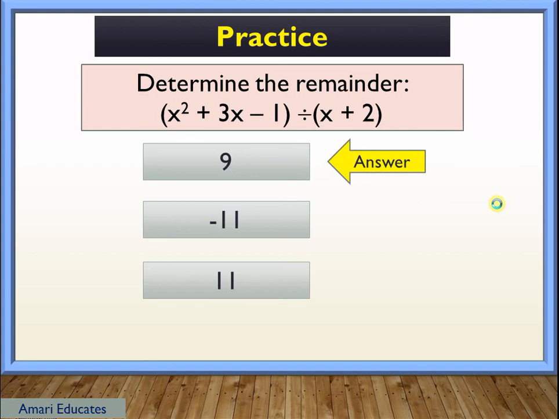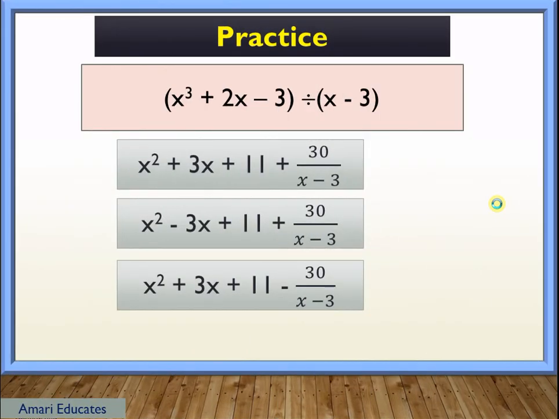Let's have our last problem. The quantity of x cubed plus 2x minus 3 is divided by the quantity of x minus 3. Again, if you need more time, you can pause this video. Let's start the time. Time is up. And the correct answer is x squared plus 3x plus 11 plus 30 divided by x minus